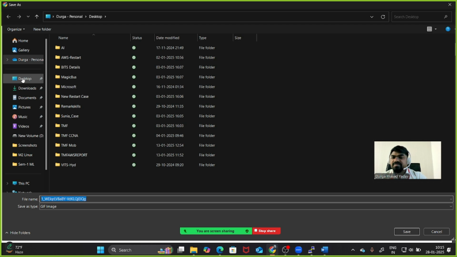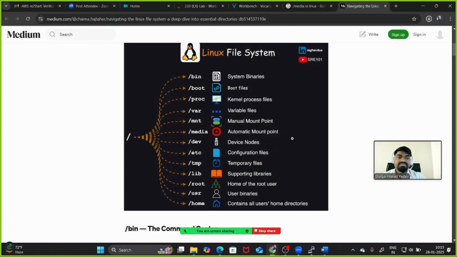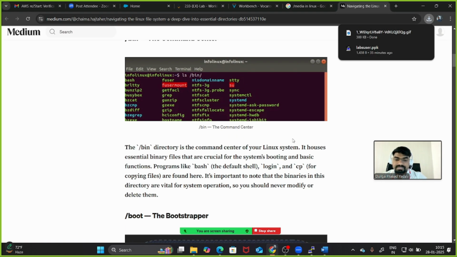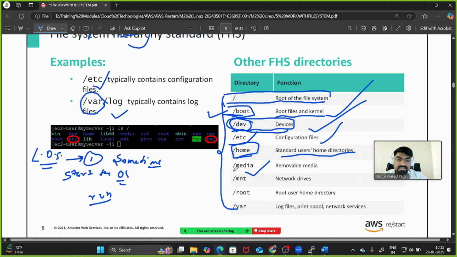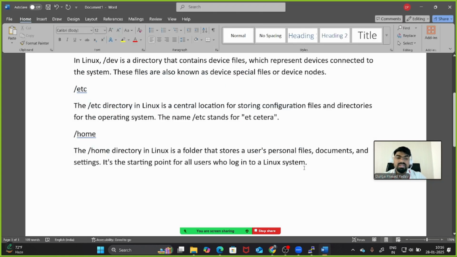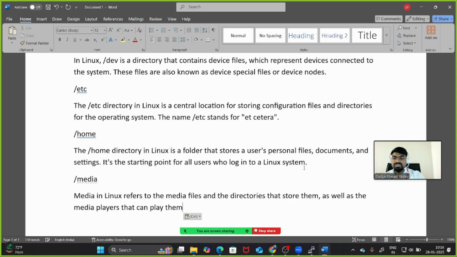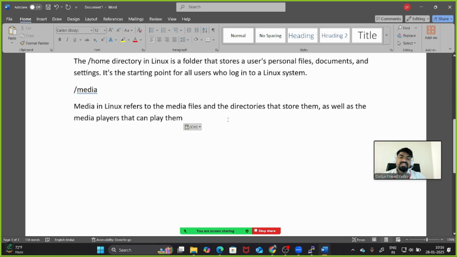So this GIF I'll save it. And guys, now we are going to see the media. We have seen media, and if I need to note it out here, the next one is slash media. Media directory to store the media files and directories that you can play in the media player,